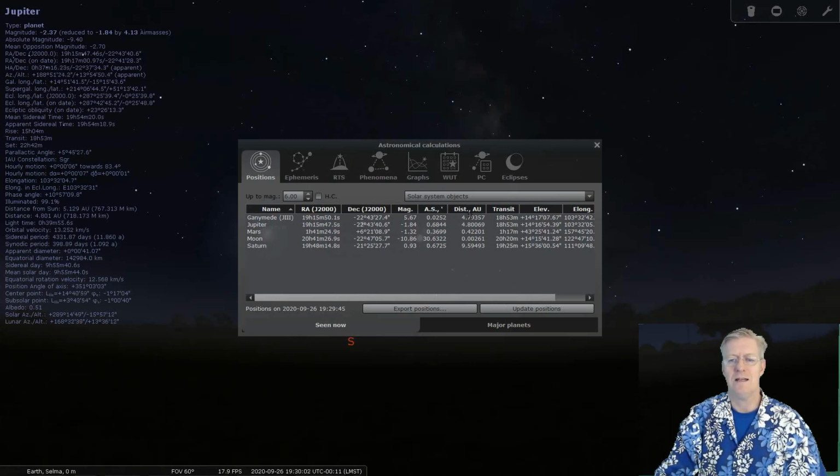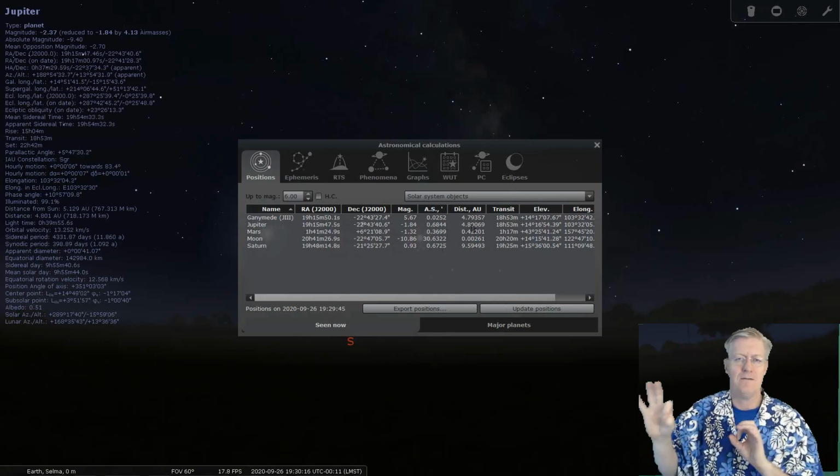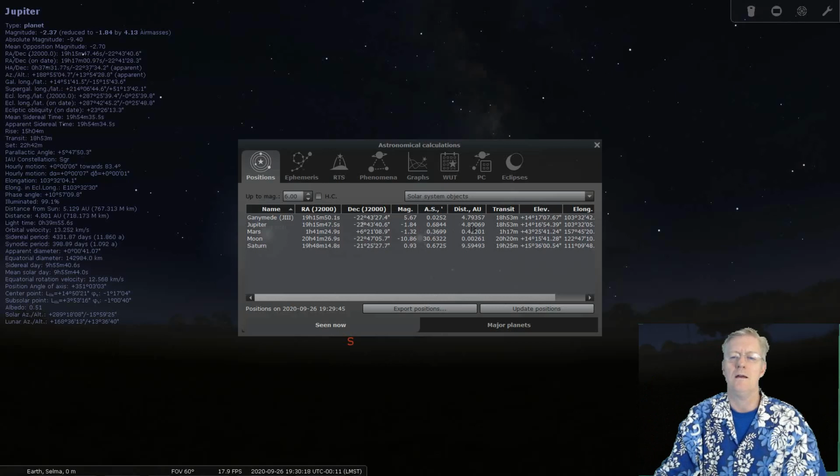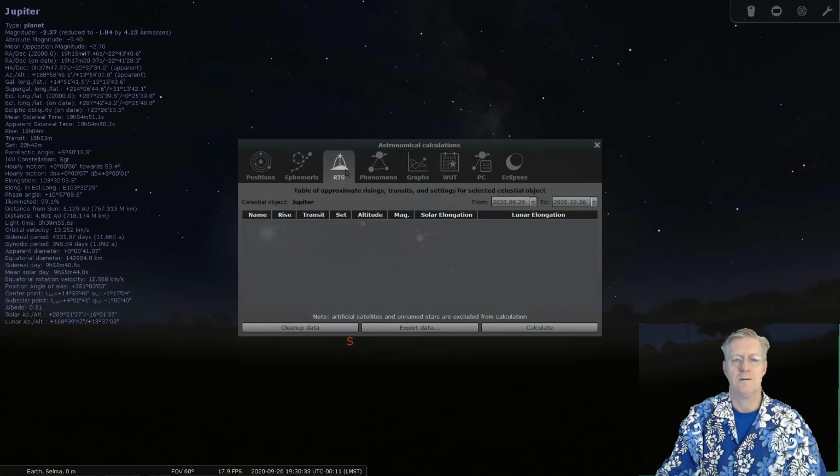For example, here's the distance in astronomical units from us, and Jupiter is about 4.8, about 5 astronomical units. That means it is about 5 times further away than the distance between the sun and the Earth, which is awesome. We can change what we're looking at. So if I wanted to look at Mars and get the information on Mars, there's that.